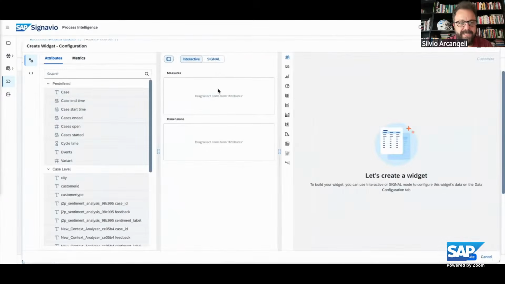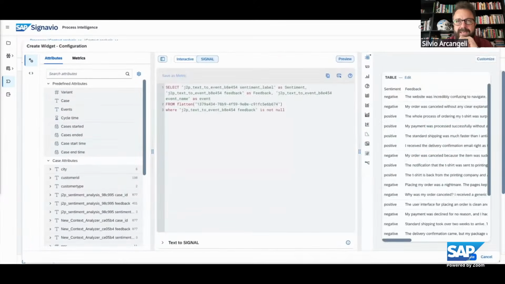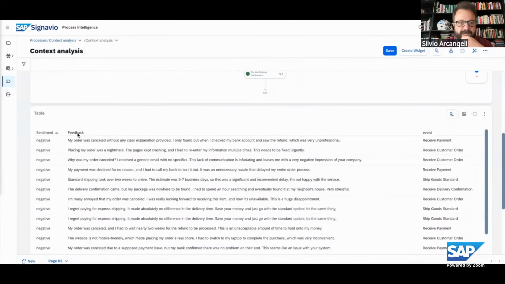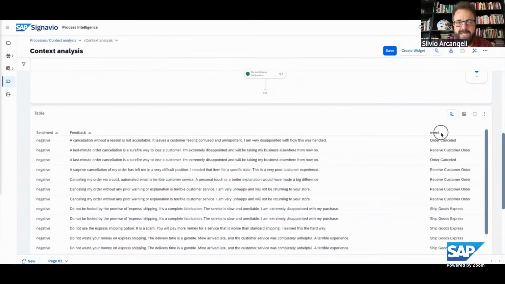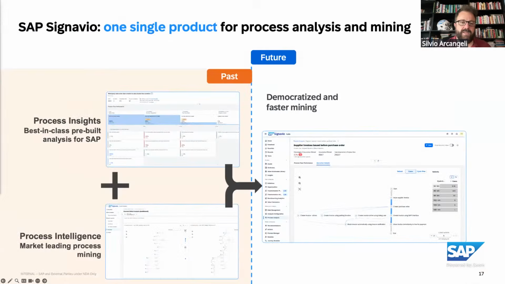So there are some activities which are displayed in green, some others that are displayed in red, because the sentiment on those specific steps of the process was quite negative. And then you can also drill down, of course, and check a sample of the negative sentiments that were shared around specific activities of your process. As I said, this is already available for you folks to check out if you're interested.